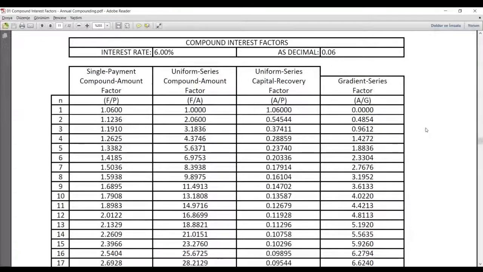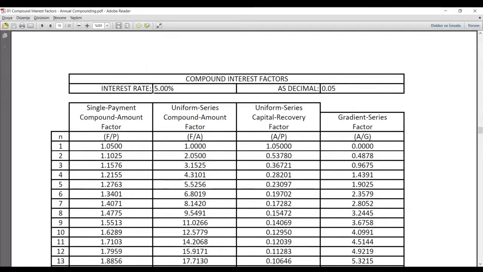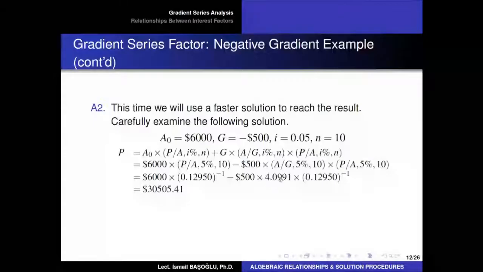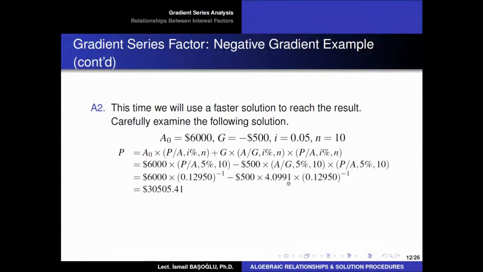interest tables. Now this time I am looking for an interest rate of 5%, and we have A over G in the last column for 10 years, it is equal to 4.0991. So if we go back to our presentation file, you see 4.0991 here is obtained from the table, and the result is